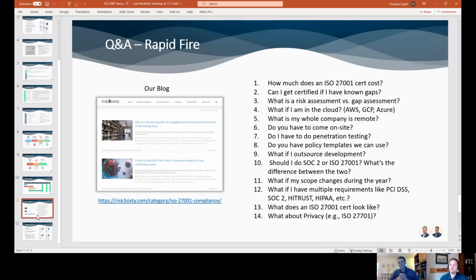Great. What is the difference between a risk assessment and a gap assessment? Yeah, a gap assessment is focused specifically on the ISO controls. It's really looking at, are there gaps in the operations of the business in terms of how we're addressing this specific list of controls in the ISO framework. A risk assessment is something where you really zoom out as a business and you look at things from a much higher view.